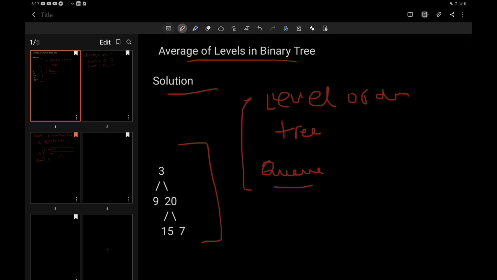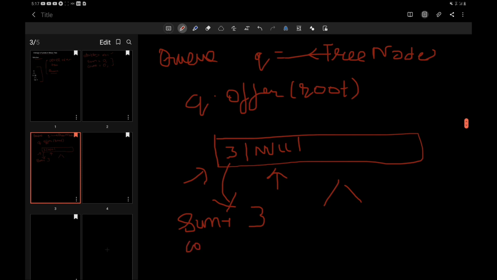Also, at this point we will increment our counter, and if left of 3, that is 9, and right of 3, that is 20, are not null, then we will push both the values in the queue. I hope this is clear up to this.